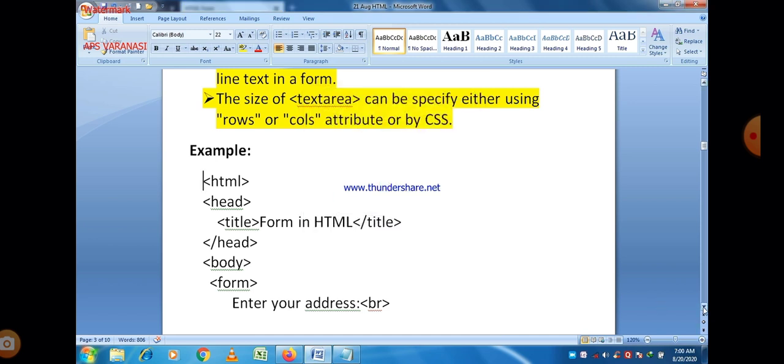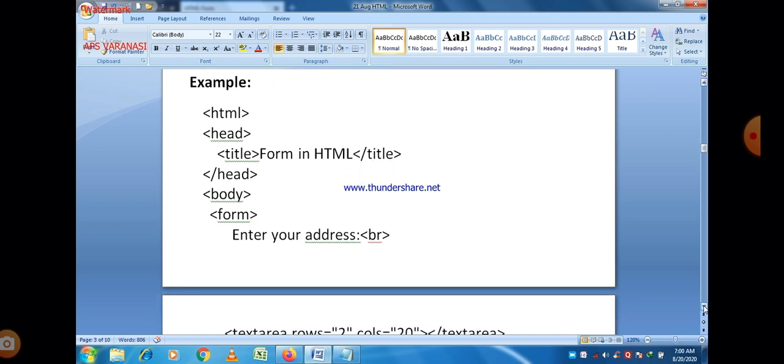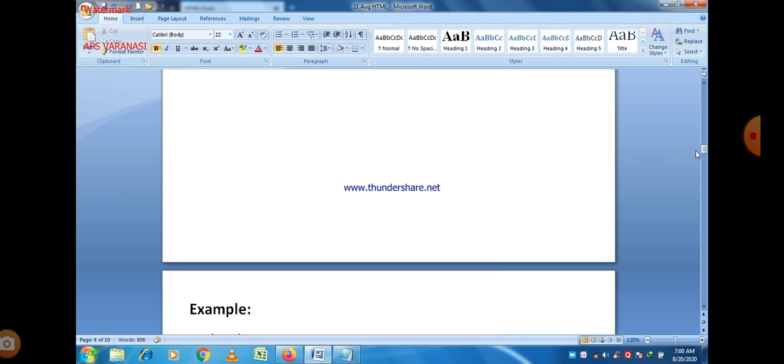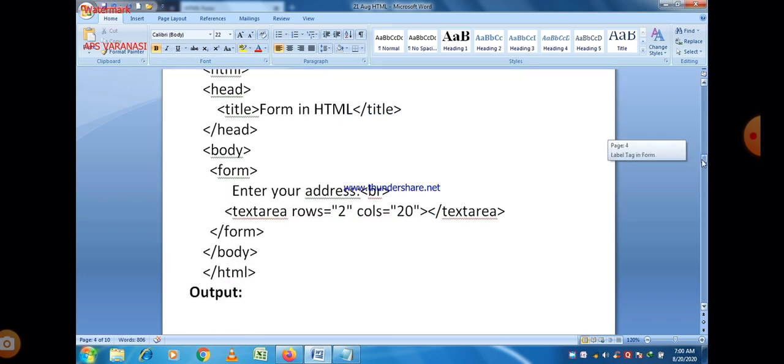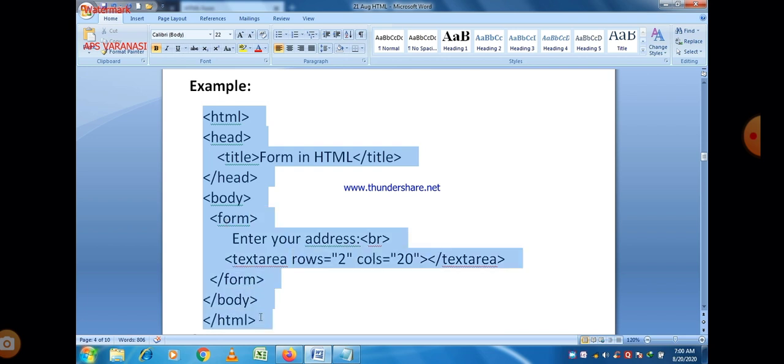Just write the textarea tag to declare a text area, and you can easily see here that textarea is the name of the tag, in which we can define two different attributes, rows and columns.